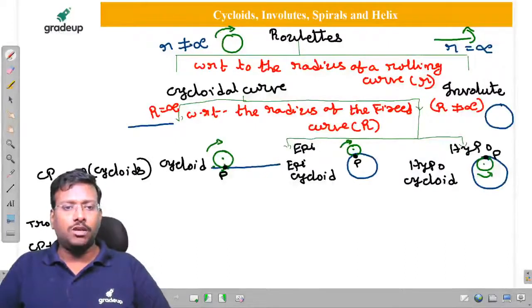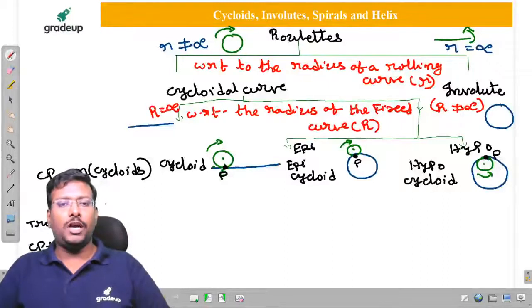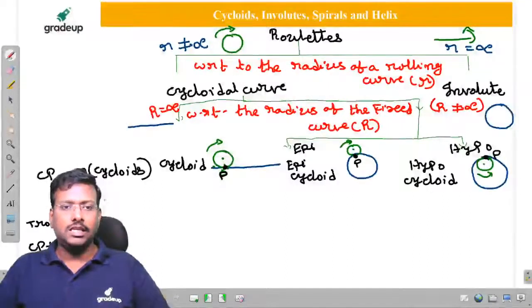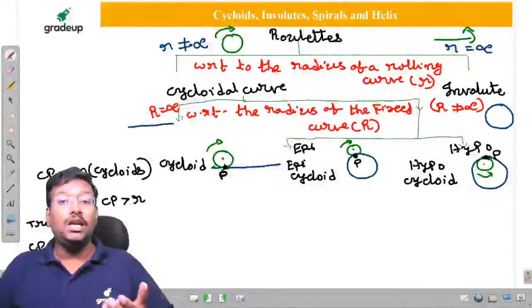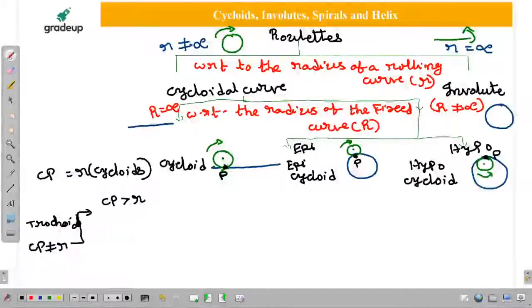There are two possibilities, sir. That is, if CP is greater than small r, it means the point is outside the circumference of the circle. Then it is called superior trochoid. And if CP is less than small r, meaning it is inside, then it is called